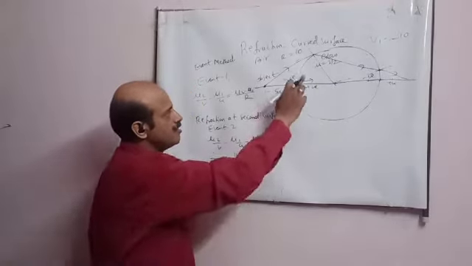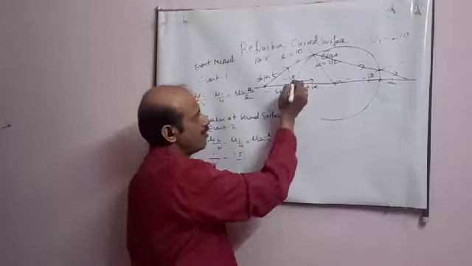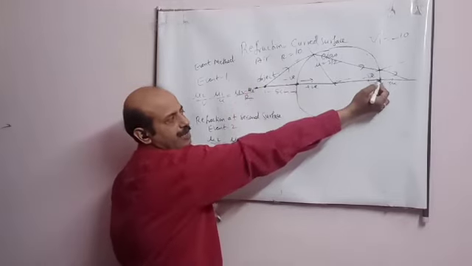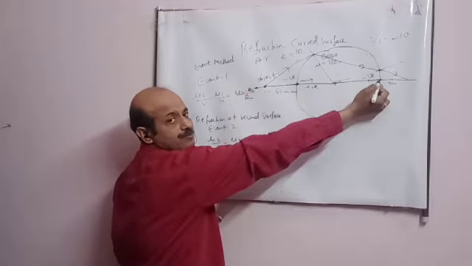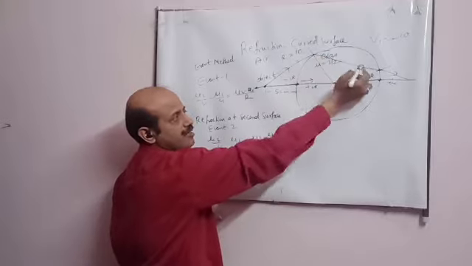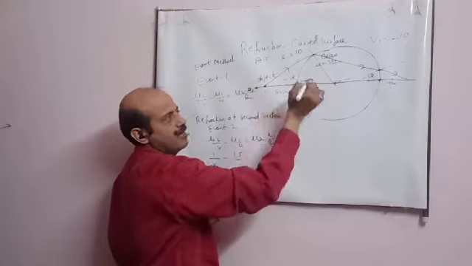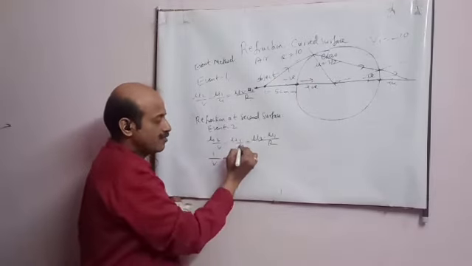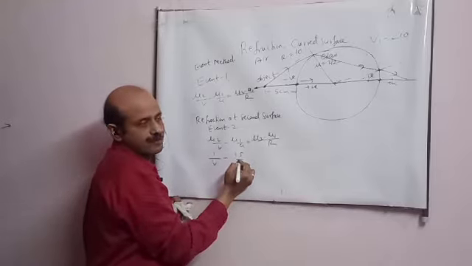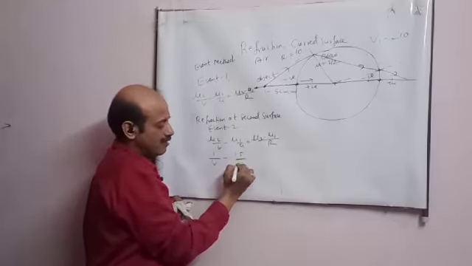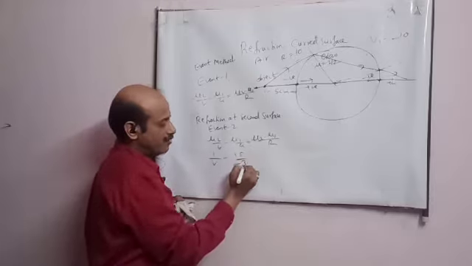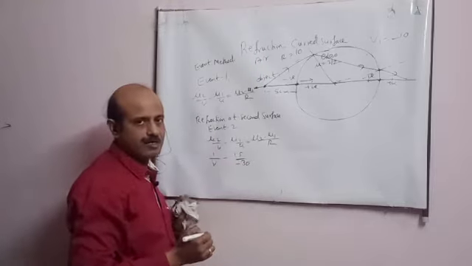Now see, the first image is, as we already said, minus 10, means from here minus 10. But I have to take the distance from here student. So what is the object distance for this surface? R is 10, this is 20, plus 10, 30. So the object distance for the second surface is 30 student. Got it?